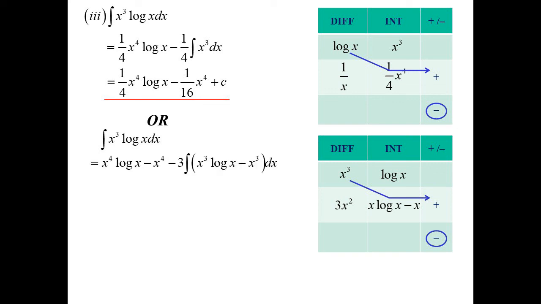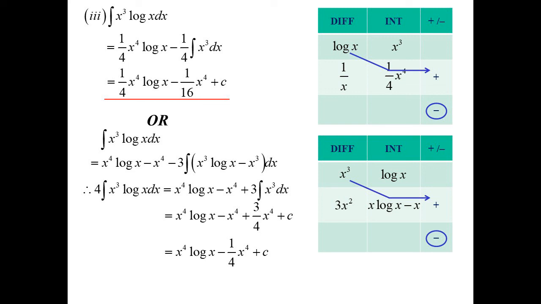When I multiply that line together now, I've got 3x cubed log x. Hang on, that's the integral that I was starting with. And then I've got something easy to integrate. So rather than keep going with this one, I stop there. I can move the 3x cubed log x to the left-hand side, integrate the x cubed, divide by 4, and